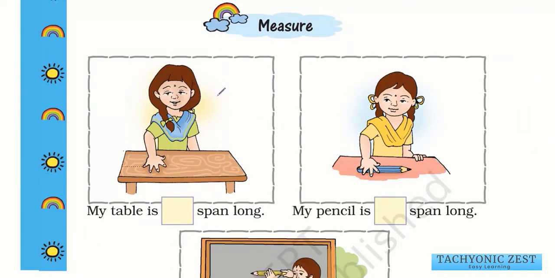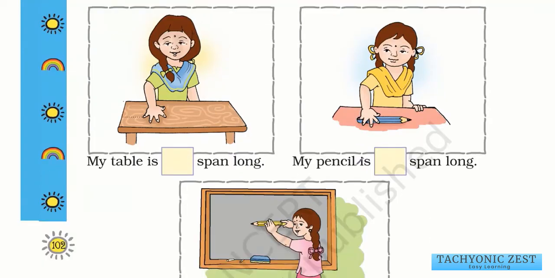Next, again here it is saying measure. Again this girl is trying to measure this table. So what you can do is, in your classroom you can go and measure the table with your hand and see how many spans that table comes out to be. I think this table over here will be 1 2 3 4 5, so I think it will be around 5 to 6 spans. I'm not sure. Please go ahead and try to measure your table with your hand and write down the number of spans that you're getting.